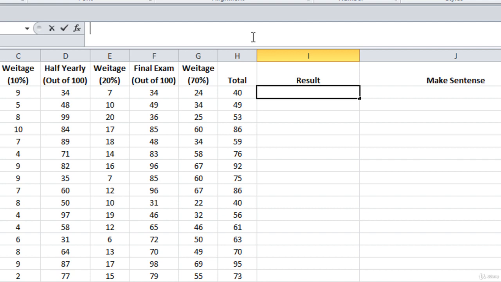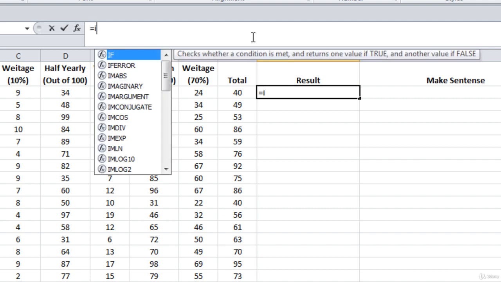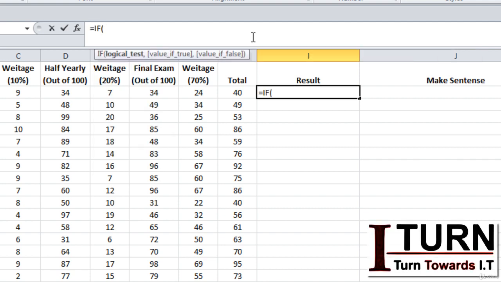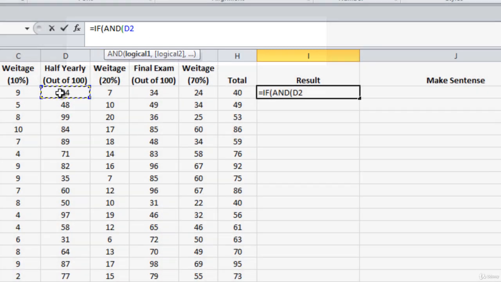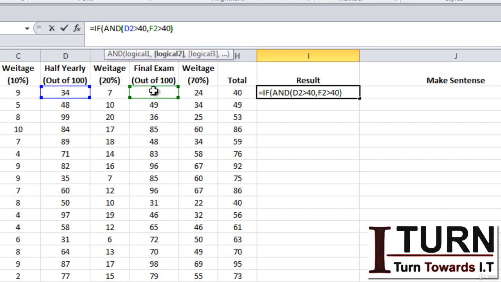Look at the formula bar. Here I am typing equal to IF. Now I need to give two logical conditions here, so definitely I will have to apply AND. First logical is half yearly score should be greater than 40. Second is final score also should be greater than 40. Bracket close. It's asking for the value of true, and the value of true is going to be, if both the conditions are fulfilled, then it has to be pass. So in quotation I'm typing pass,